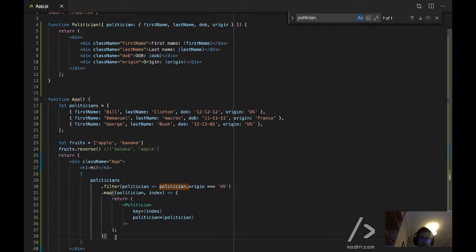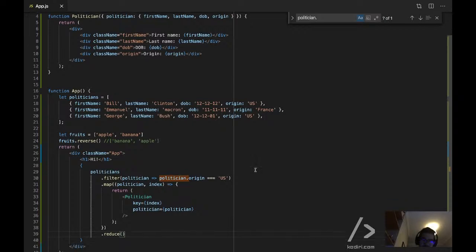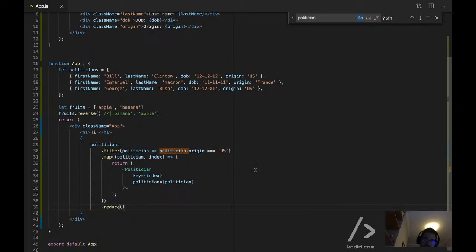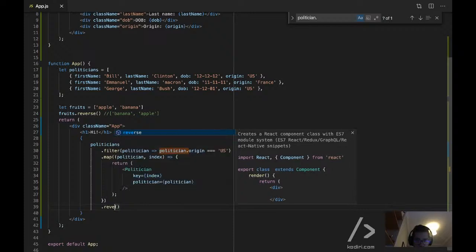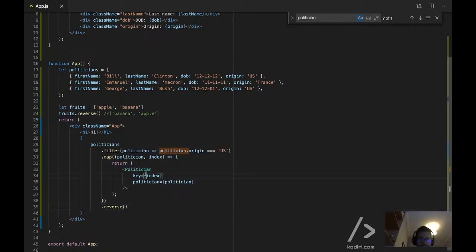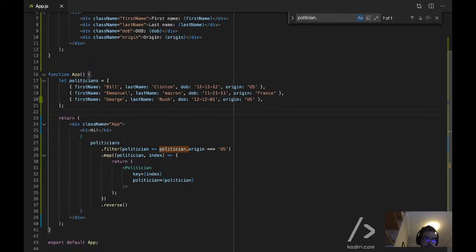Interesting. After map. What do you think, guys? Oh, sorry, not reduce, right? Reverse. I was thinking of something else. Reverse. Interesting. So, first of all, let's see if it works, and then we'll talk to finish this session about